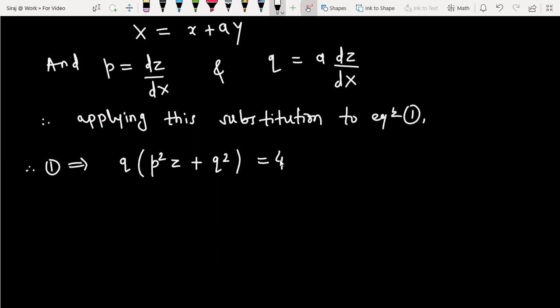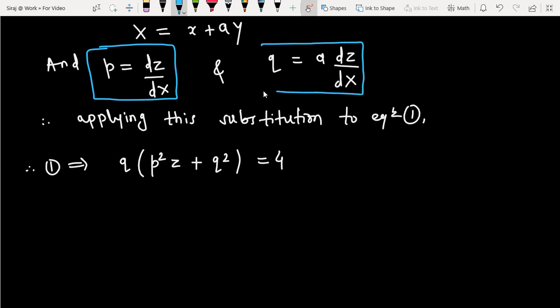We will only change derivatives. So in place of small p, we have to put dz by d capital X, and in place of small q, we have to put a into dz by d capital X. Okay, so change these two values. So it will become q means a into this one. Okay, so q will be a into